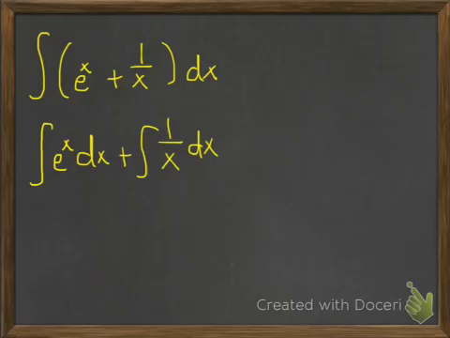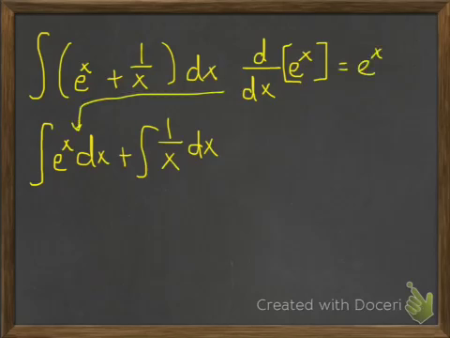So let's go ahead and figure this out. What derivative do we need to take to give us e to the x? Well, we know that if we take the derivative of e to the x, we get e to the x. So if we took the antiderivative of e to the x, it'll just be e to the x. So we have e to the x